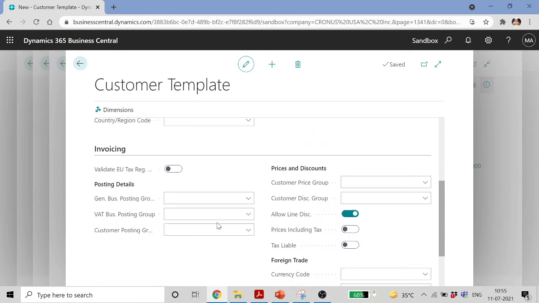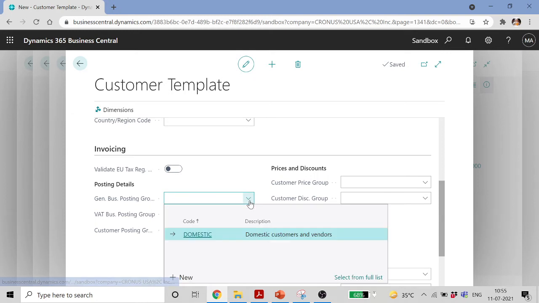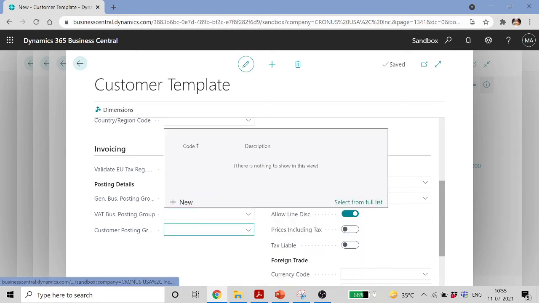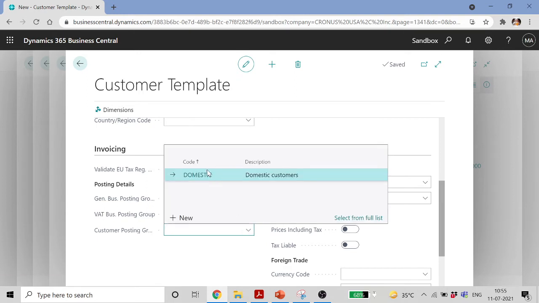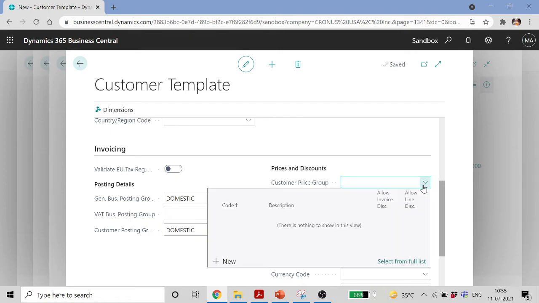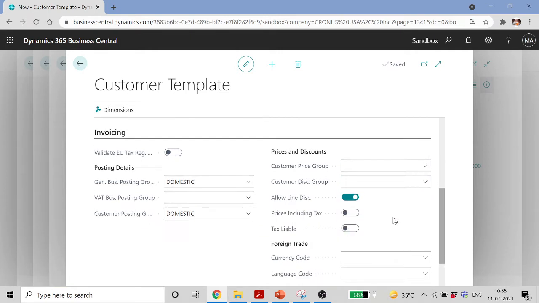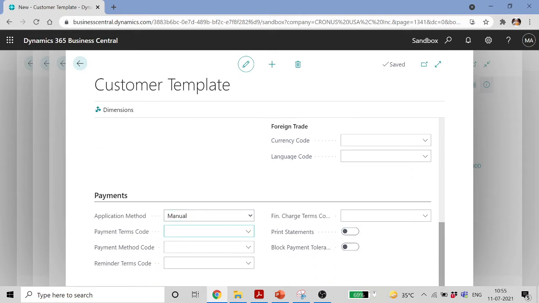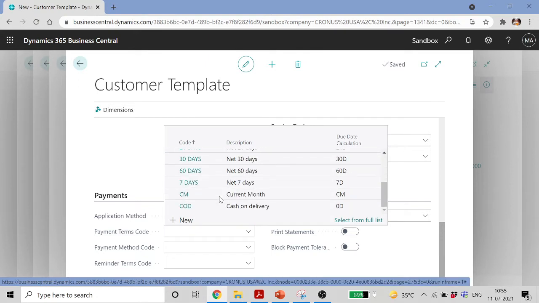Invoicing: general business posting group domestic, VAT business posting group, customer posting group domestic. So I'm defining these two fields, and let's say if we can define some other also. Payments: application method manual, payment terms code for all domestic. Let's say I'm saying it as